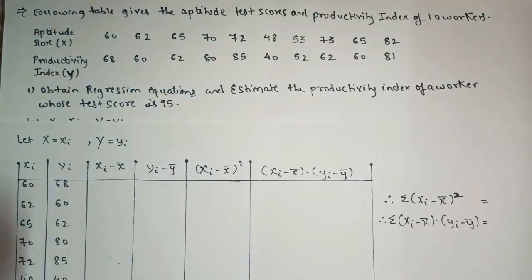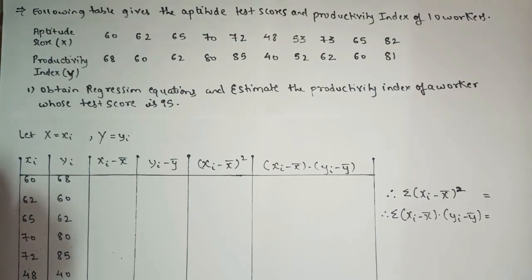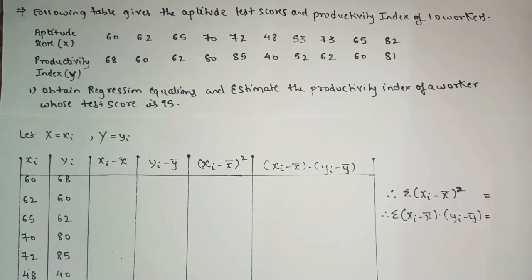Now when you see the pattern of this question, which is there in the exercise, the pattern is a little different. In this sum it is not clearly mentioned what we have to find, whether we have to find x on y or y on x. Now let's see how to predict whether we have to find x on y or y on x.